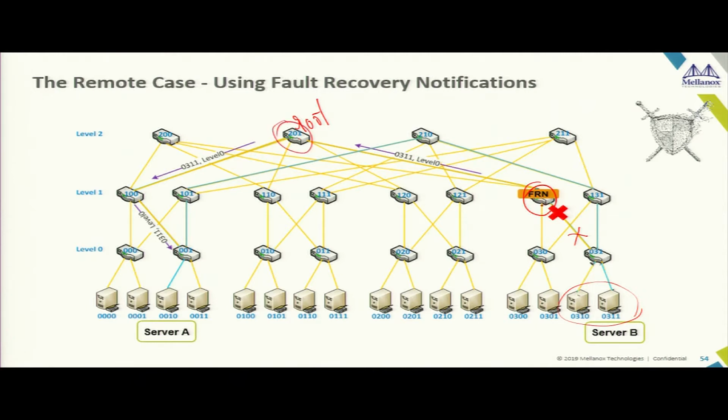This root switch, upon receiving that packet, basically says, okay, right now to reach these servers, don't go through this switch. Please go through some other switch. But this one does not have any other link, so it will relay the FRN to this particular guy. Now this guy will relay it back over here, and this guy has got an alternate path. This relay happens again in those 90 nanoseconds. And this is all done offline. Offline as in it doesn't happen while your application is running. It is running continuously.